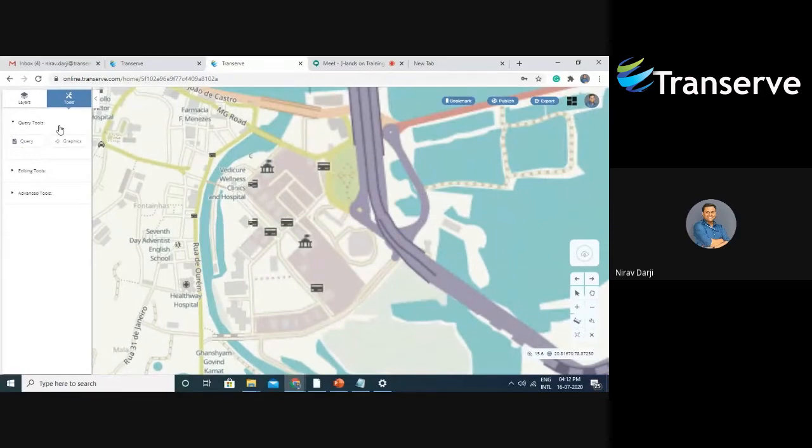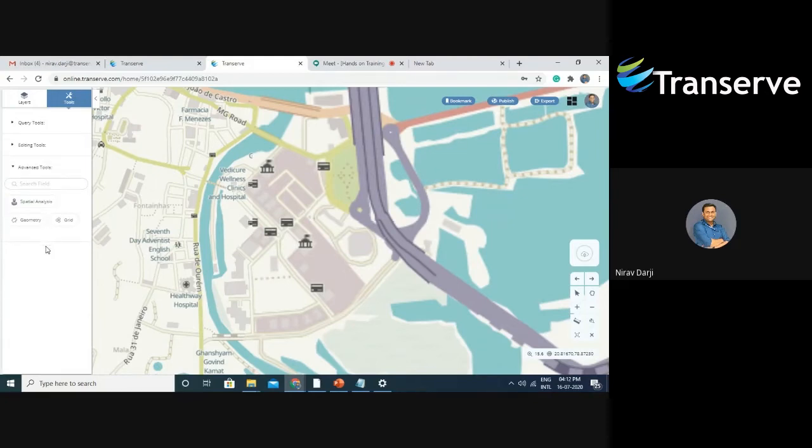Query tools, where you can search through any kind of query. You can also query through any graphics. We have the editing tool where you can either add new geometry, which I'm going to do now, or else in an existing layer, I can also edit any information if I want to.